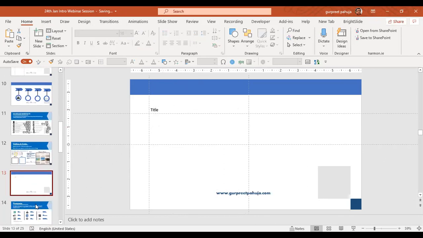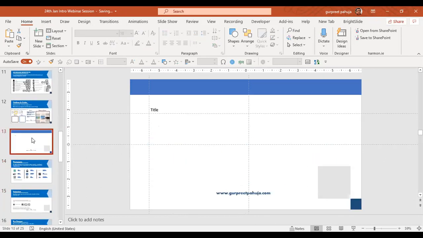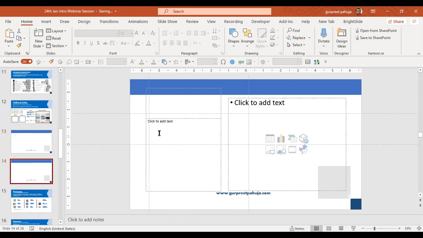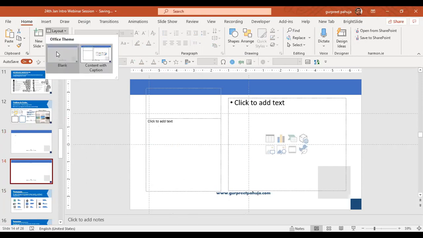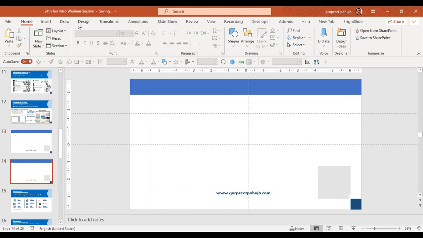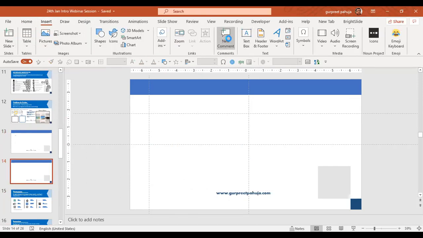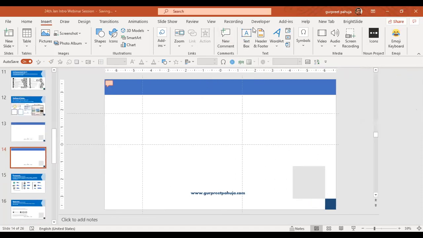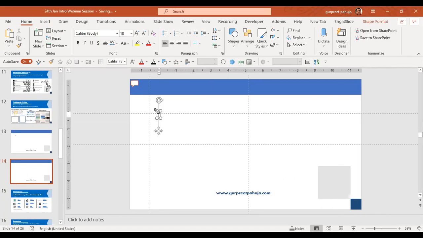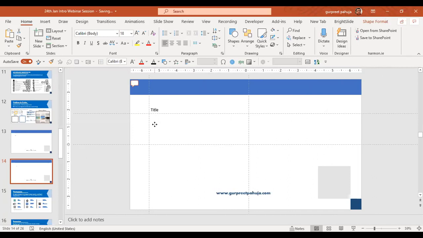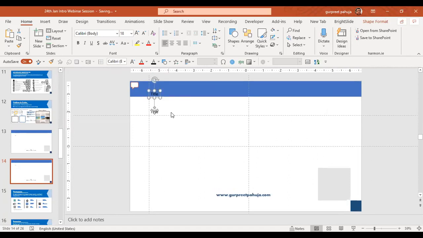So let me go to a new slide again. I open a new slide, and again I go to Alt H and L. I will do blank layout. So I know I have to start my text from here. Similarly, Control D, you know how to put your content here.